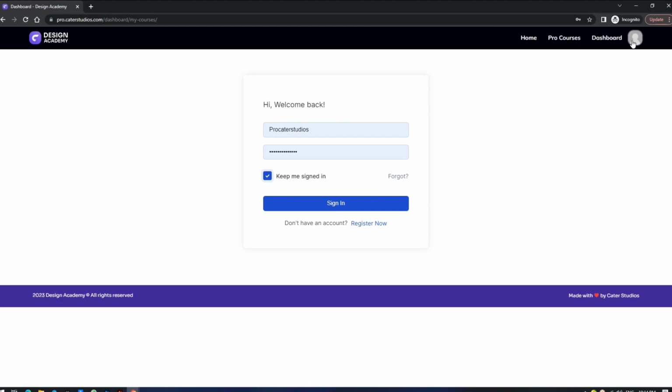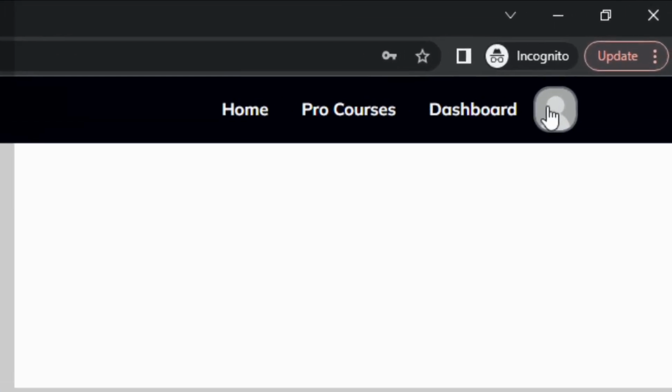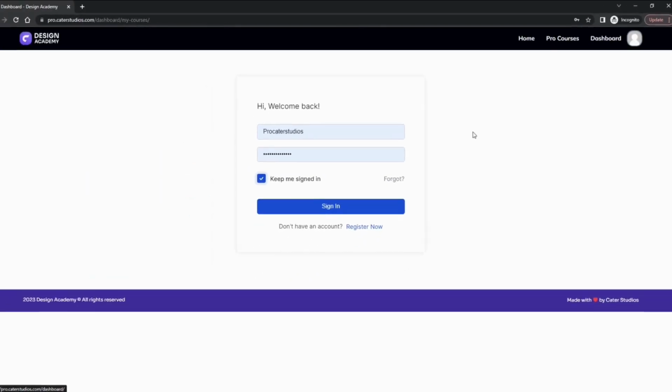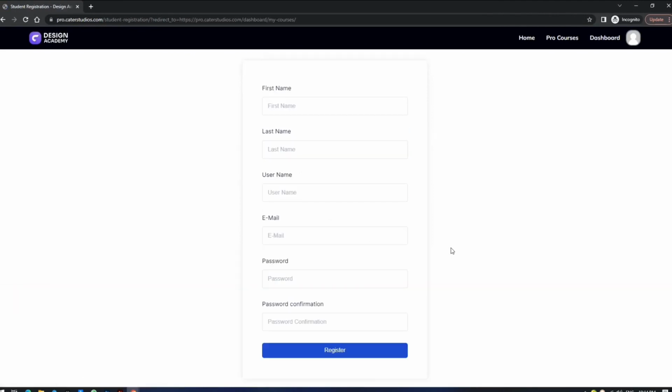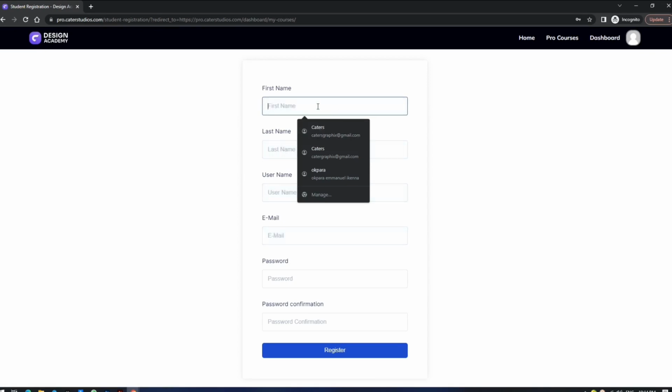You can also access this page by clicking on the profile image at the top left corner of the website. You can also access that by clicking on the dashboard at the top right corner of the header. So to register, all we need to do is click on register now and fill in all necessary information. Fill in this information carefully: your first name,